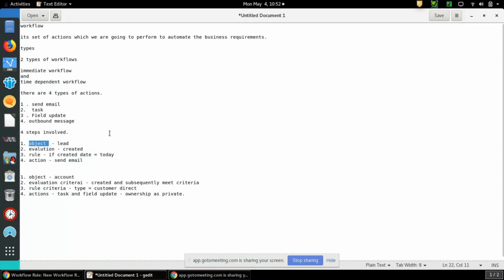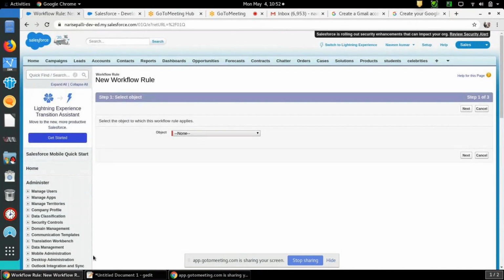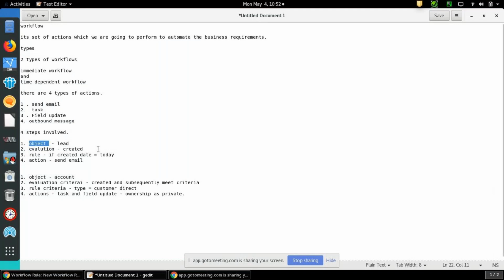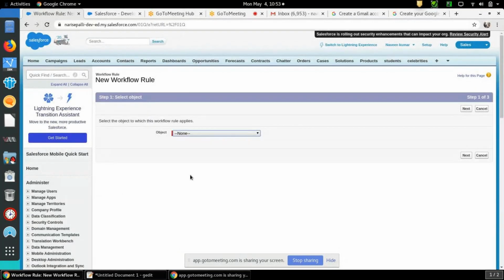If you want to create a workflow, this is the first step we need to do. So go here, select which object I need, and select the lead object. First example we will see: if lead created equals today's date, it has to send a notification email to the respective user whichever we select. Okay, that one scenario we will see first. And select the lead object over here.